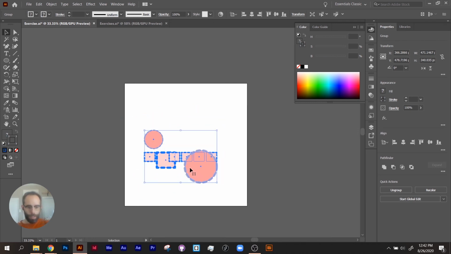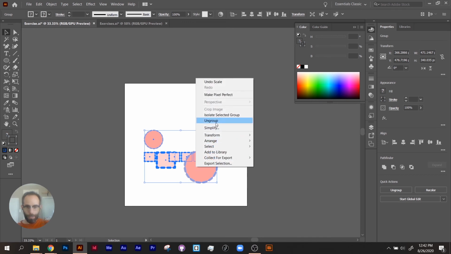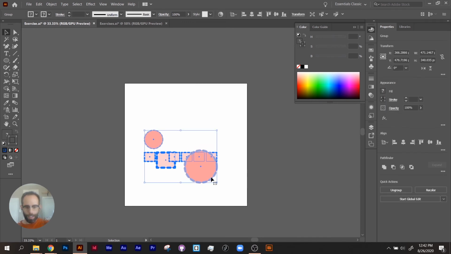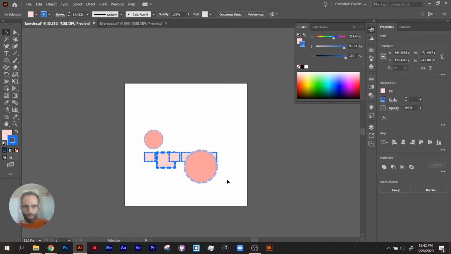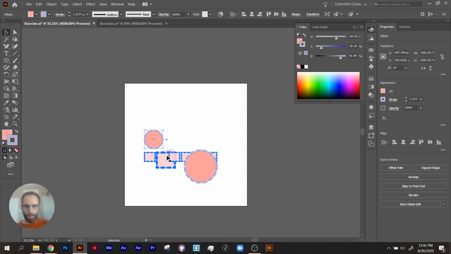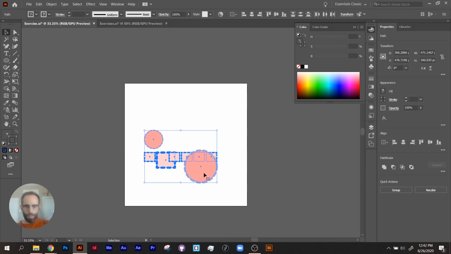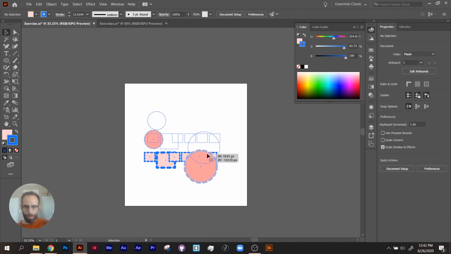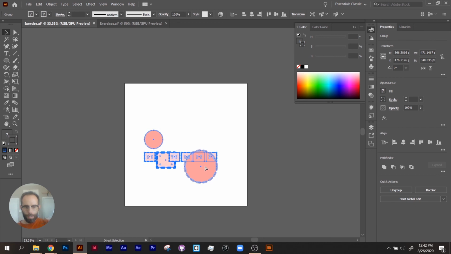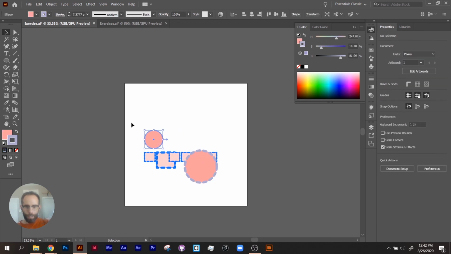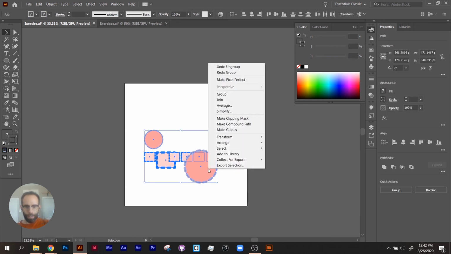To ungroup, I can right click and do ungroup, or I can click and shift command or shift control G. And now they are all separate. Whichever method is better for you, control G to group or command G to group, or you can select everything, right click, and